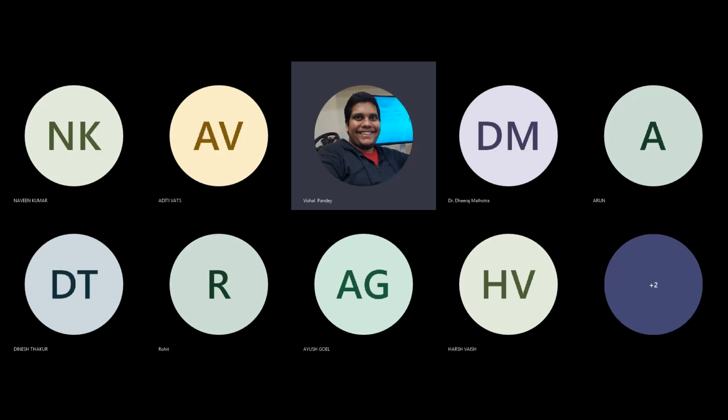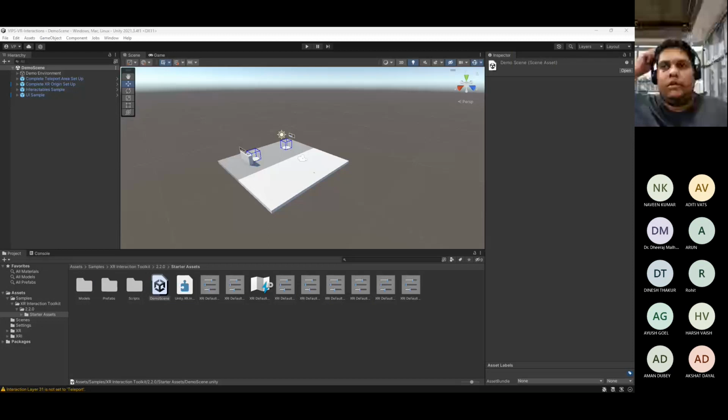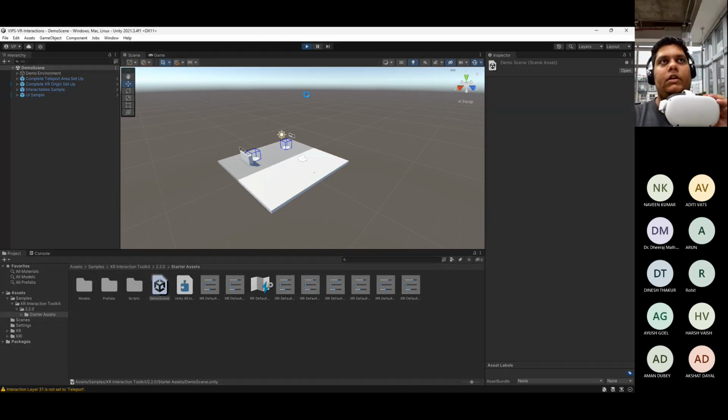The system was running for quite a while, and maybe multiple devices had been connected, via different methods, but now it's wireless, and I've connected it through the Oculus Air Link that I was showing to you right now. So this is the demo scene, and now if I go to play mode,